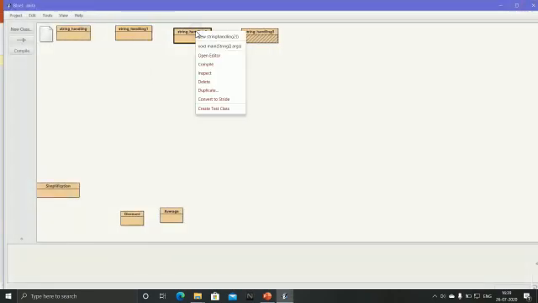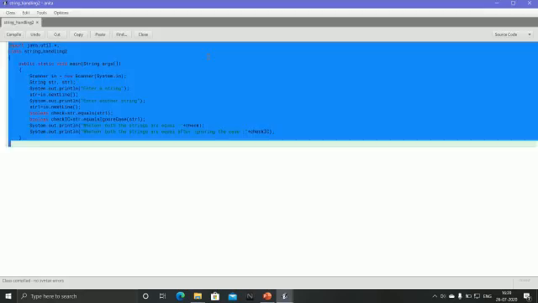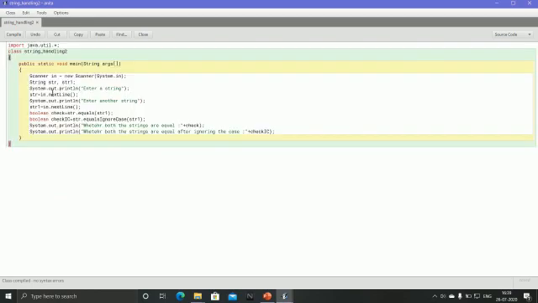Next functions. Open editor, same, we will make a program, enter a string. Now in this program we will check whether strings are equal or not. We are taking two strings: enter a string str, enter second string str1. Boolean check: str equals str1. Boolean check ignore case.